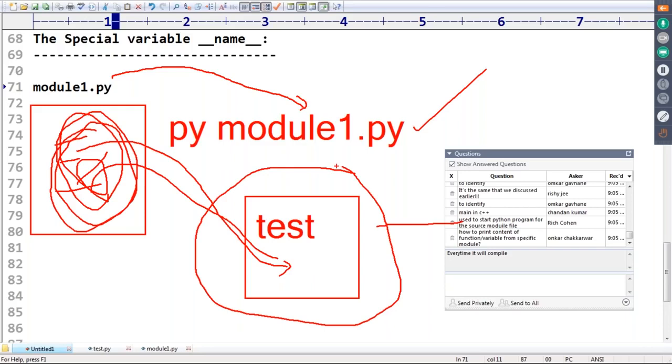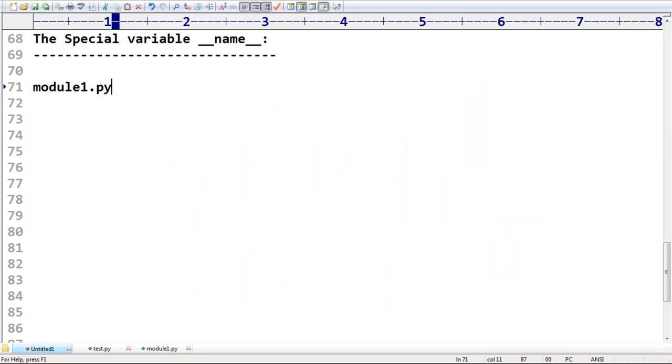So a module you can execute either directly or from another program. Correct or not? You can execute directly, no problem at all, or instead of executing directly, you can execute from somewhere else also.